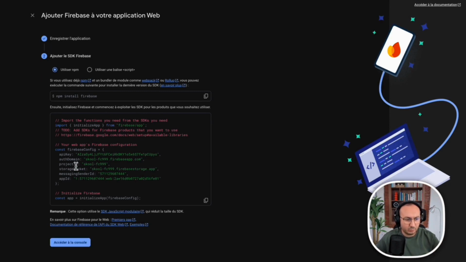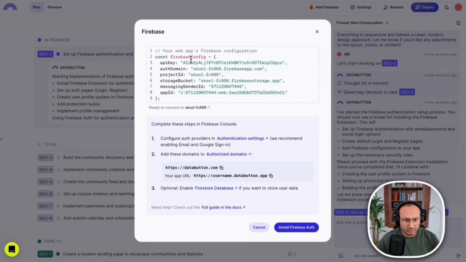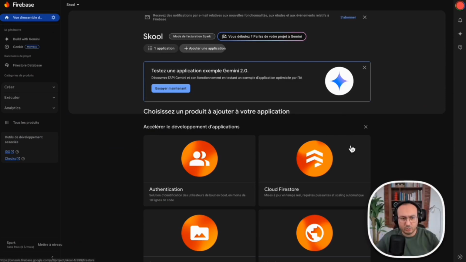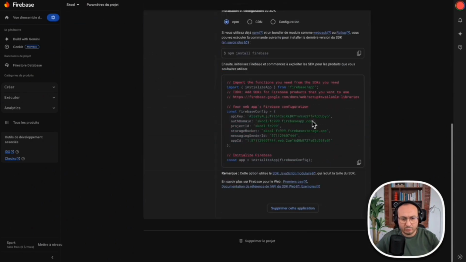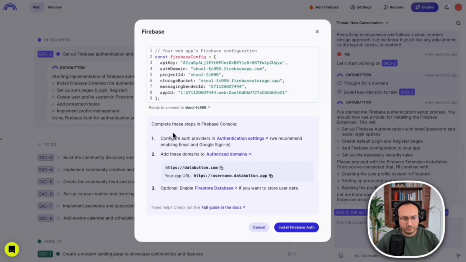So now I will do this. It's the code actually. Look at this part here. I can copy it like this. This is the part where you actually need to put it here. So now we will paste it. So there are the information and the codes of my database and my application. This is the part, the connection with the application. I click on access the console. So here it's okay. We have just set up the information of my system. If I ever want to retrieve the codes, they are always there. If you ever lost those codes,